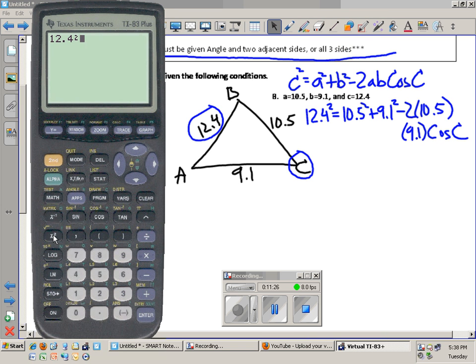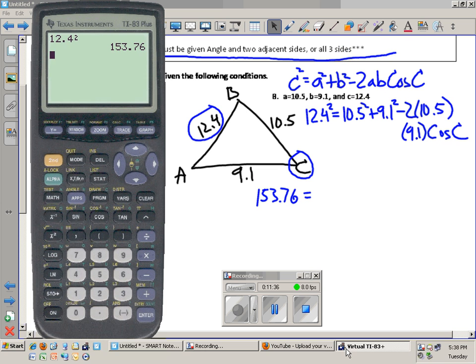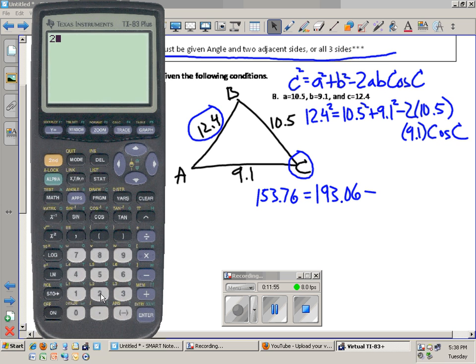12.4 squared, 153.76, equals, let's do 10.5 squared plus 9.1 squared, 193.06, minus 2 times 10.5 times 9.1, 191.1